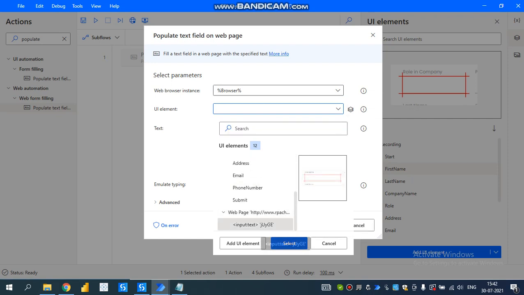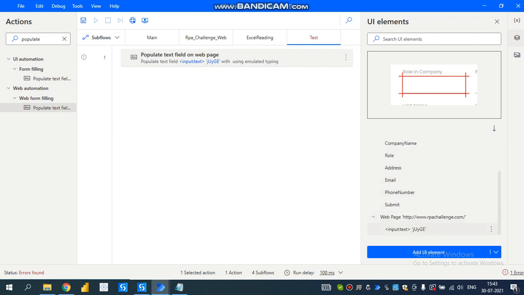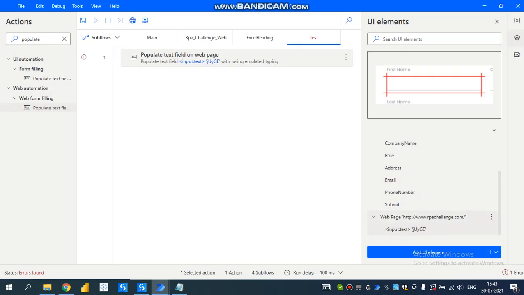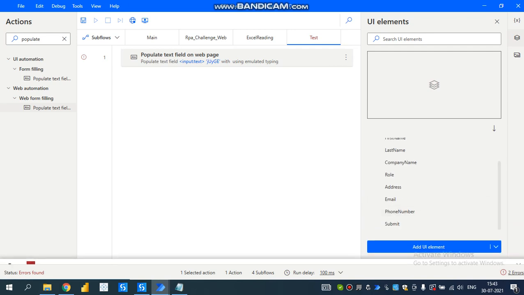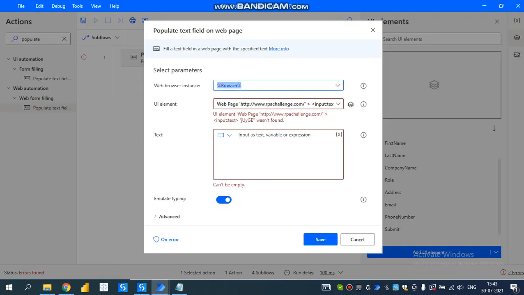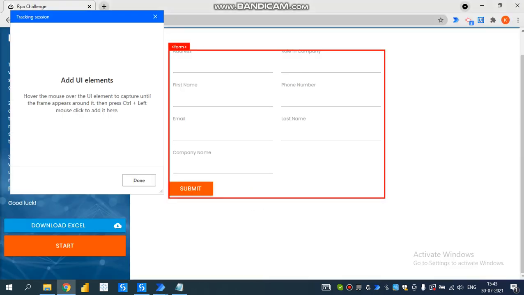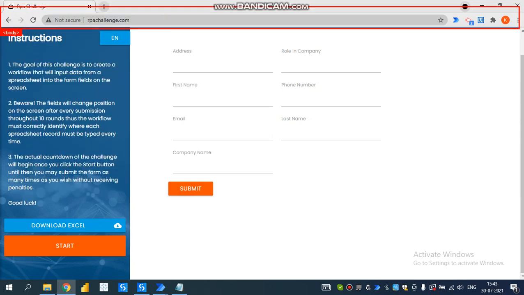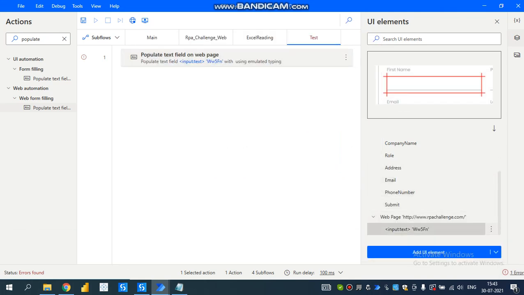Sorry, I will delete this and I will show you again. Add UI element, first name, control left click, select, done, save, and go to here and edit selector.